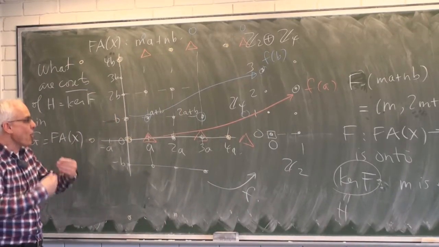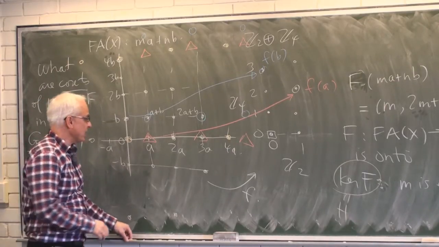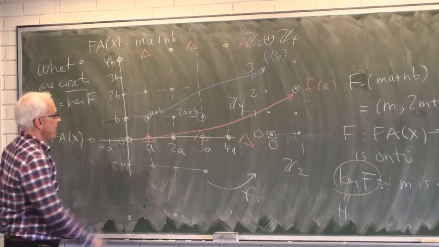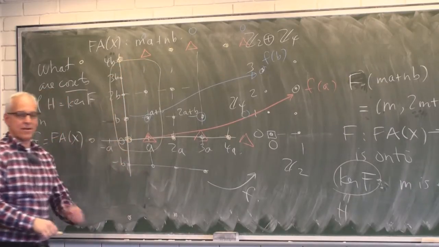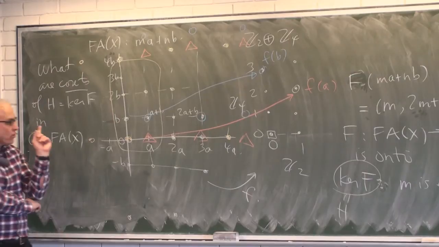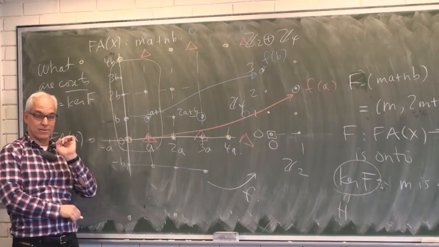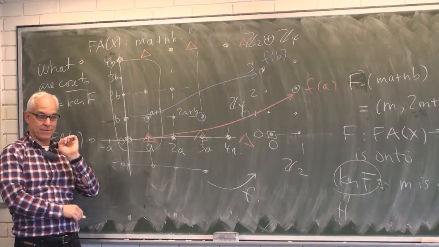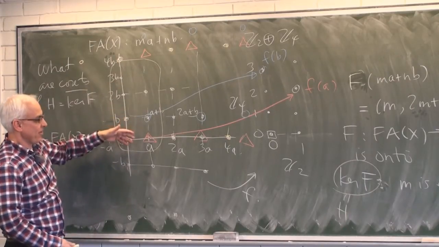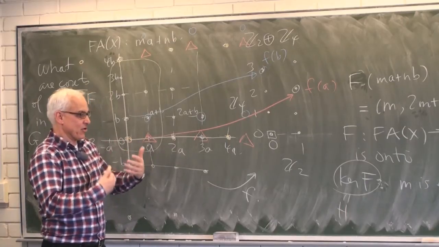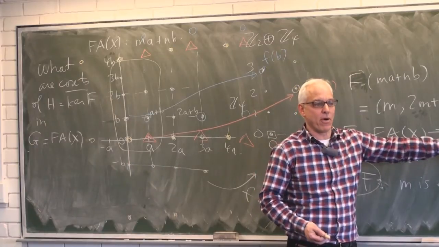And what do the set of all cosets look like? Well, the set of all cosets is parameterized by the points just in this region right here. Every coset is going to meet this representative area in exactly one point. And so the cosets themselves as a group form something that's exactly like Z2 plus Z4.